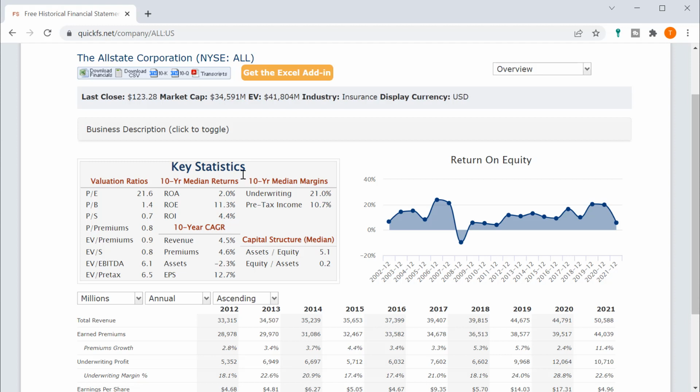Again, anytime you do an insurance company, QuickFS is not going to be sufficient. You're going to have to do a lot more work trying to understand how they manage their investments, how they manage their cash flow, what their underwriting is like, and how they position themselves in the industry. But in this first 6 or 7 minute look at the company, I'm interested, and I think it would go on a watch list for me. It's too early to say, but the valuation looks good because, again, we had that $5 billion in cash flow against a market cap of 30, so about 7 times price to cash flow, which is very attractive.